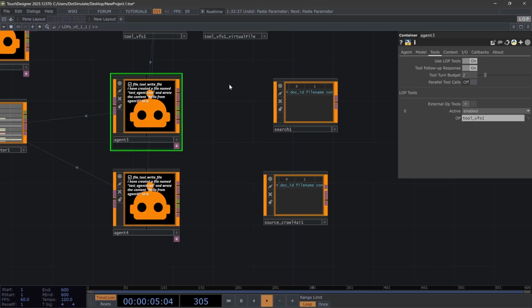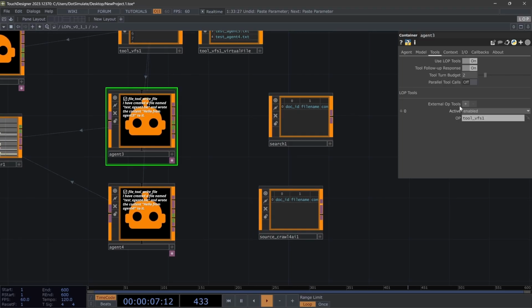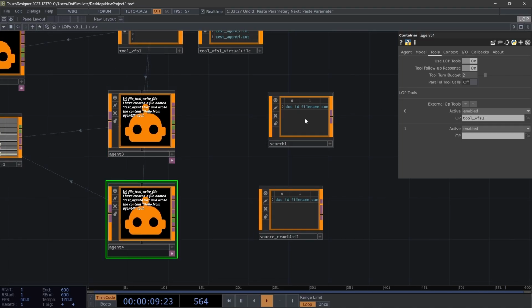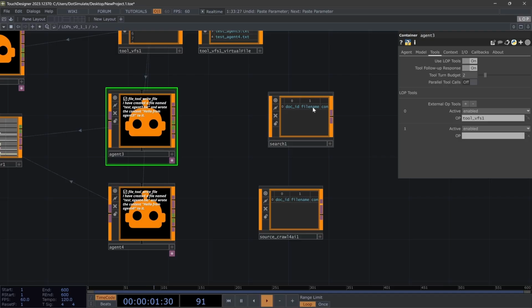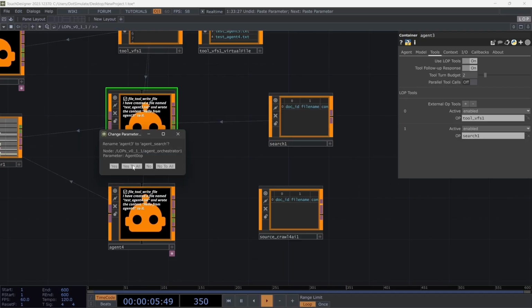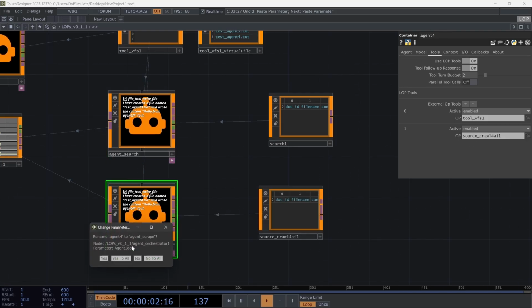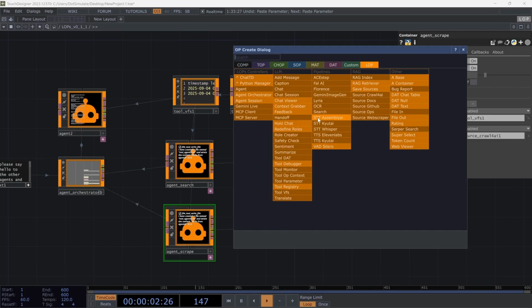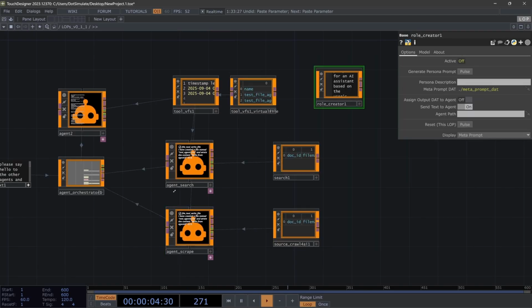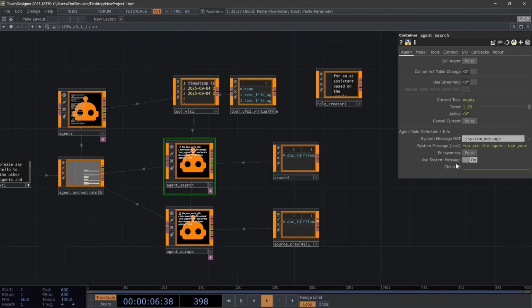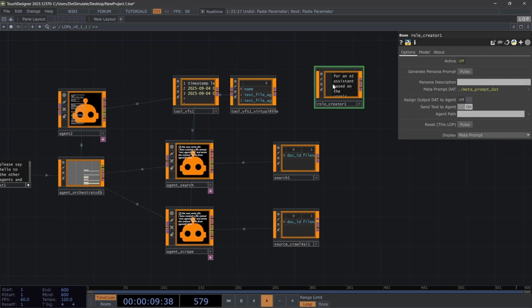But let's go in these agents to make them a little more specialized. We'll give them each a new tool, and this first agent will be the search agent. So let's just call this agent search. And then this tool gets a scraper. So this is agent scrape. Also, to slightly define these agents, right now they each have the same system prompt. Well, let's just use this role creator. It's kind of a lazy way to do it, I think, instead of writing it yourself, but